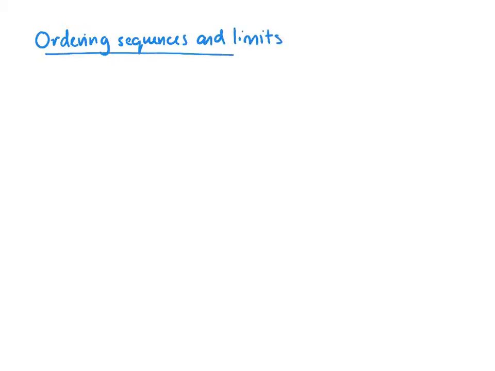Today we're going to be talking about ordering sequences and their limits. Okay, we've talked about how to do arithmetic with limits, right? Sort of doing some algebra, combining sequences in certain ways, and what that tells us about how we can then combine their limits to find limits of these new sequences. And now we're going to deal with ordering, which is really related to inequalities. So here's an example of the kind of thing